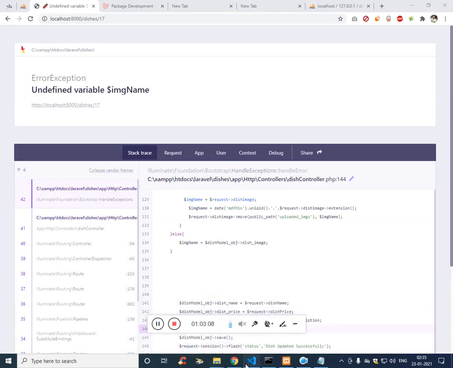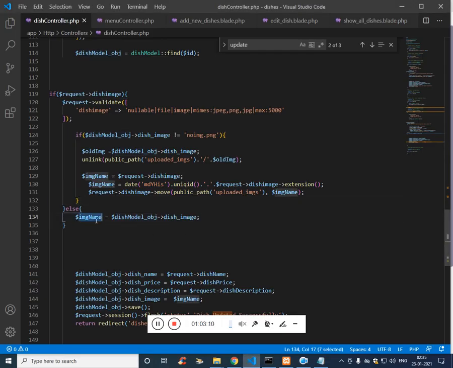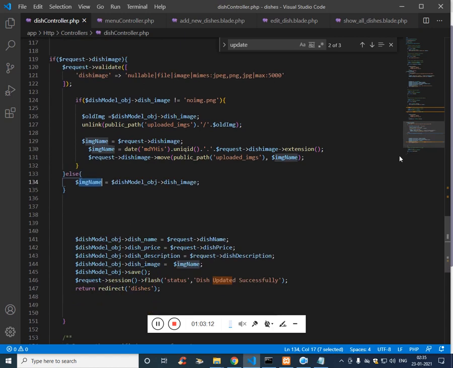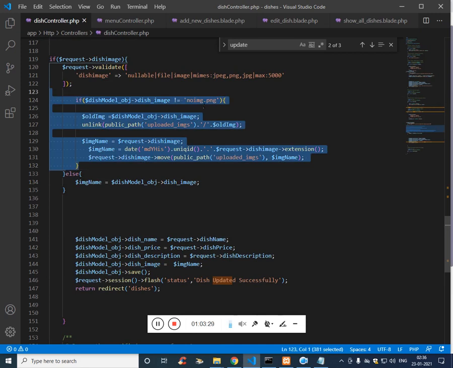Undefined image name. So it is not getting this image. This whole block, in this case, is going to be skipped because the image name is this one. Then the else part.